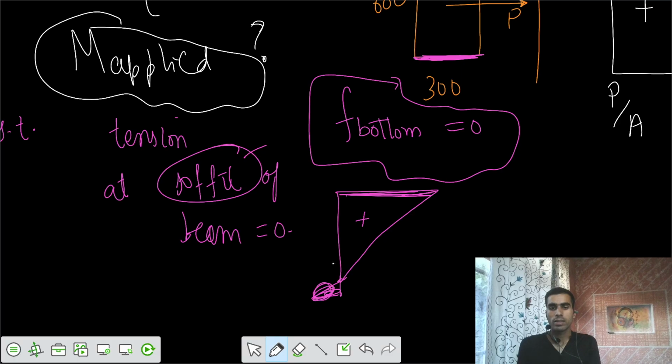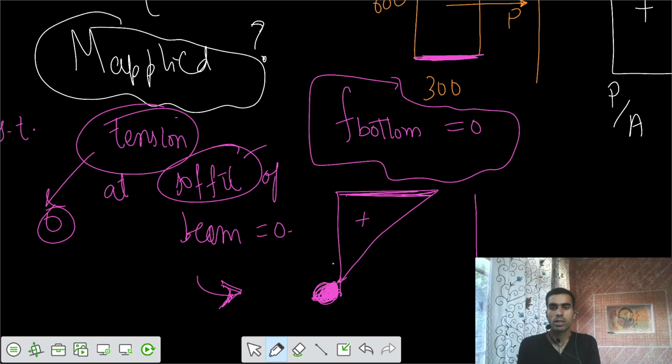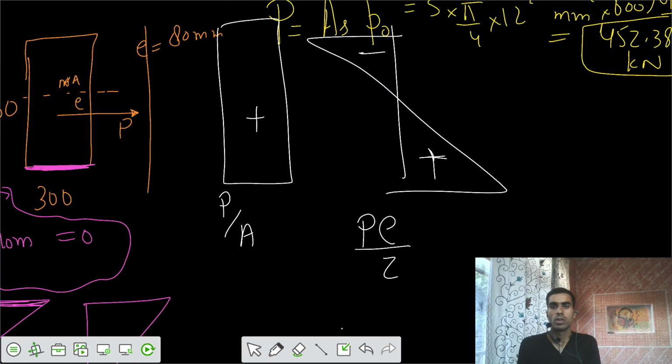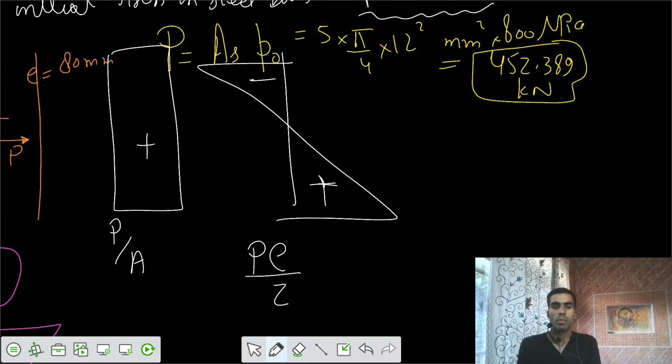So I don't want tensile stresses in the concrete on the bottom side. This is the condition: I don't want any tensile stress at the bottom. It's saying I want tension to be 0. That means I want a stress condition such that the stress at the bottom is 0. So based on these two results, because of this P by A and P by Z,